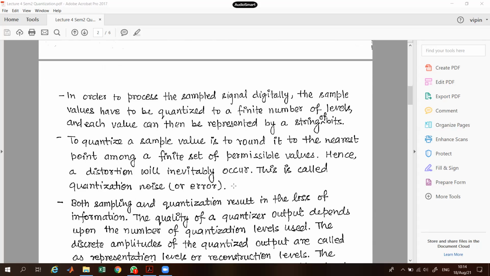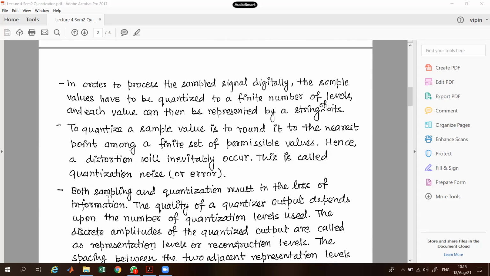So basically, what we are doing is that, suppose my signal value is, let's say, from 4 to 4.5. So I will make a rule that whatever the amplitude levels between 4 to, let's say, 4.4 will be considered as 4 only. And whatever the amplitude levels, let's say from 4.4 to 4.9, that will be considered as 5. So basically we are introducing a noise or an error there, which is known to the transmitter and receiver.